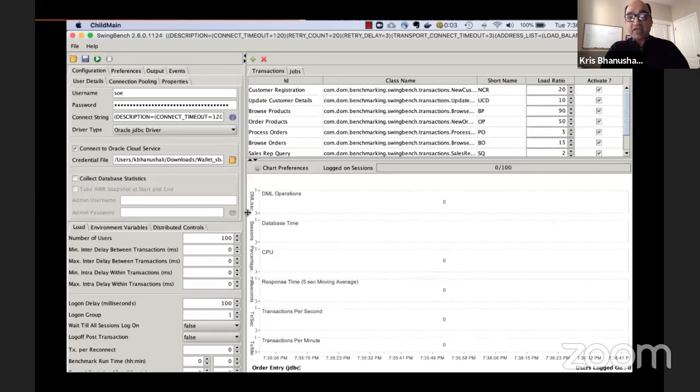And I'm going to connect it to my database and run this application. So reset the password to the username. SOE stands for, I think, sales order entry. Yeah, so it's an order entry application. And as you can see, SBATP3 is the connect string. This is what I'm going to connect to.